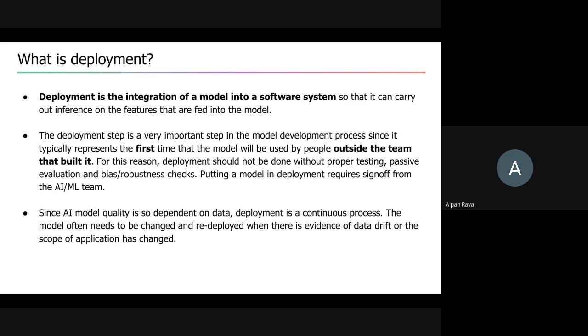Data will always drift, meaning data today will not look the same as data 2 years hence or even 10 years hence, even in the same situation or context. So the characteristics of data are constantly changing,